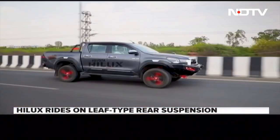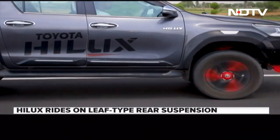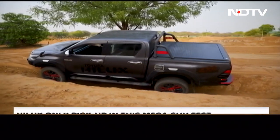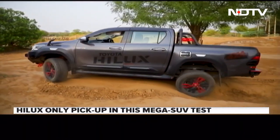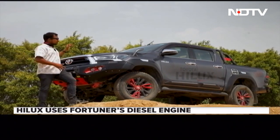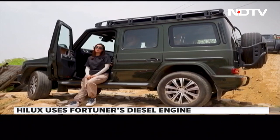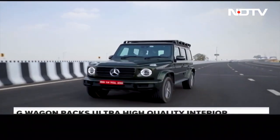You get an automatic transmission to go with. These are electronic differentials that you get with this car. And a host of features that can elevate your overall experience when you get off-road. And for me, it's a steal because at this point in time, Toyota is giving a massive discount on the Hilux. Well, that was Hilux, but if you think of high, it's the G-Wagon that sets the benchmark on highest